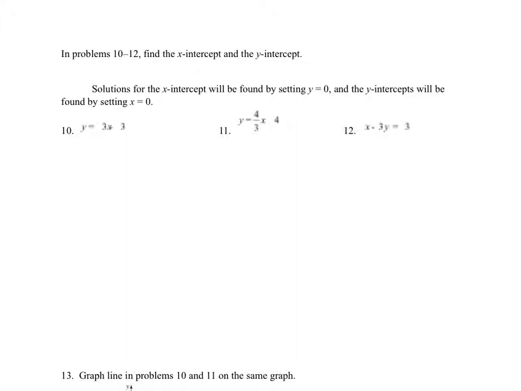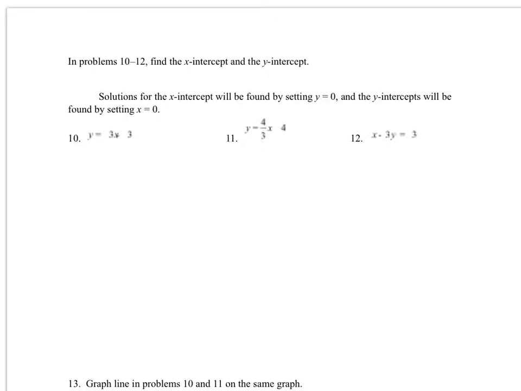So to get my x-intercept, that's going to be some value for x, but my y value is going to be 0. So all I have to do is plug in 0 for y